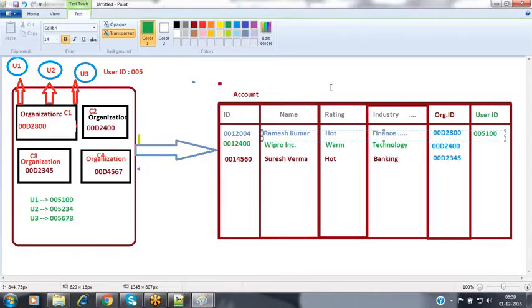So at that time, how can I make my record visible to the other users here? For that, Salesforce has given you all these security features. Inside an organization, if there are multiple users, in order to make the records visible to the multiple users, we are going to be using the sharing features as well. So for that, Salesforce has introduced all these features to you.